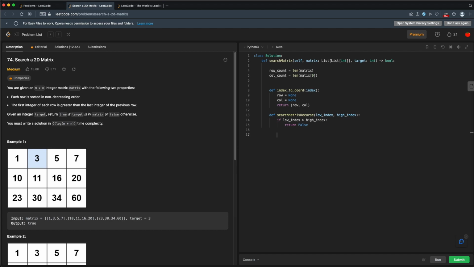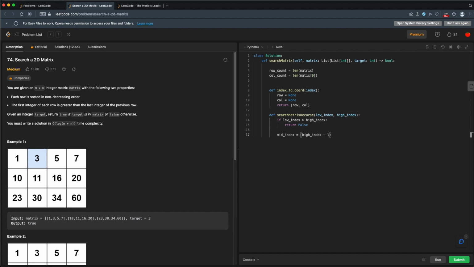All right, next we'll find our mid index. If we haven't reached the end, we have some midpoint. We need to find what's the midpoint between my low index and my high index. So that's the mid index. And for this, again, this is pretty straightforward. The more you do this, you'll just naturally know how to do this. But I'll need to essentially take my entire search area. So that's my high index